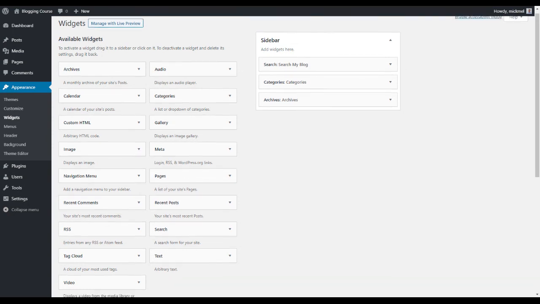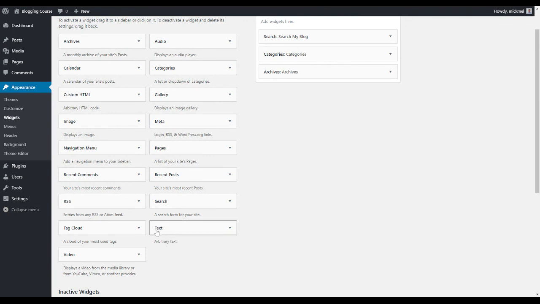But for now, if you just need to add any arbitrary text, you can drag the arbitrary text widget over. And that's where you can just kind of talk about yourself or insert code from something or whatever you need to do. So next up, we'll dig into pages and navigation bar and start getting the front end